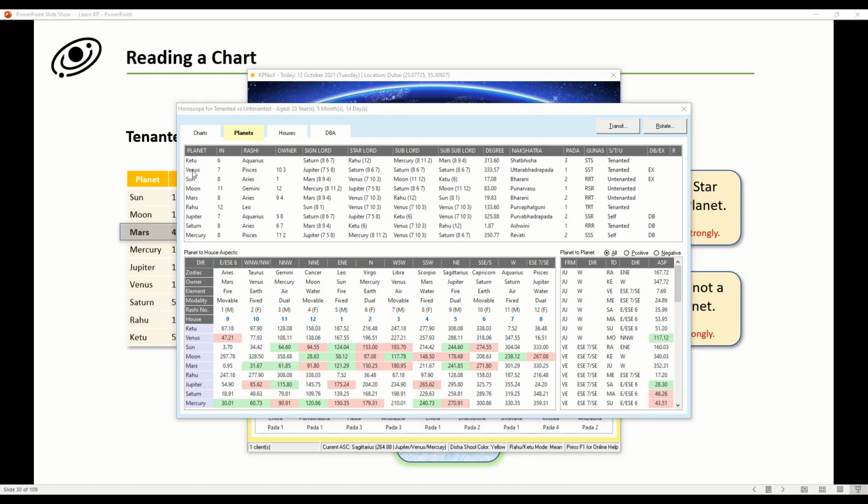So in this sample chart, you can see that Venus is tenanted. Which means Venus will strongly give the results of Saturn first, which is 8, 6 and 7, and then the results of 7, 10 and 3 are shown. If you take the case of Moon, which is untenanted, Moon will first give the results of 11 and 12 strongly, and then it will give the results of Jupiter. The final outcome is always decided by the sublord, be it positive, negative or neutral.